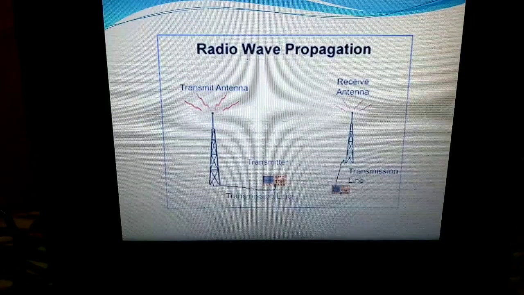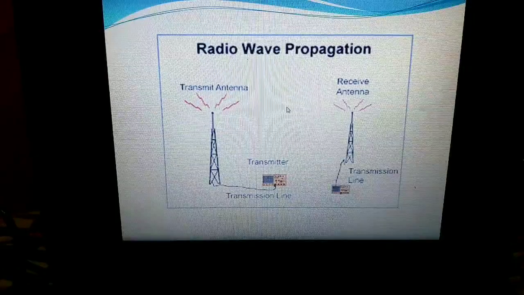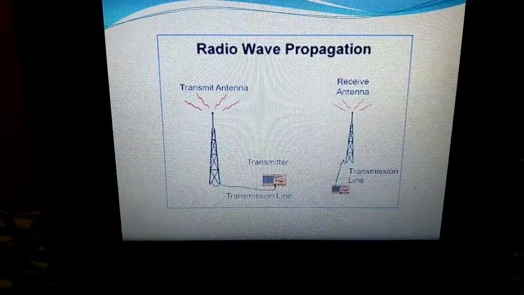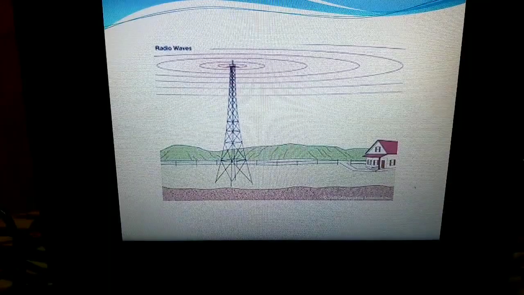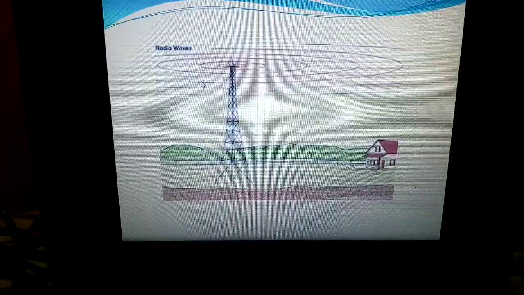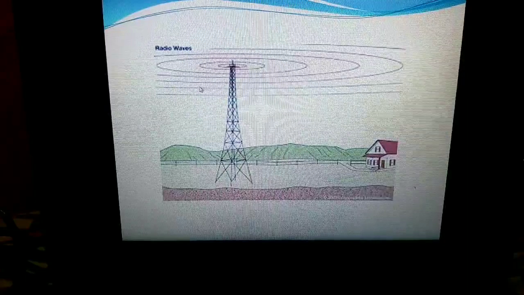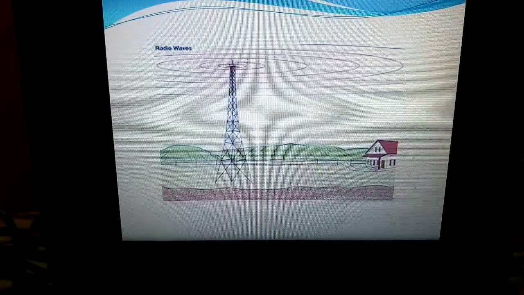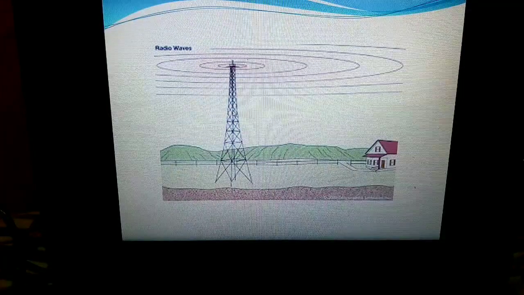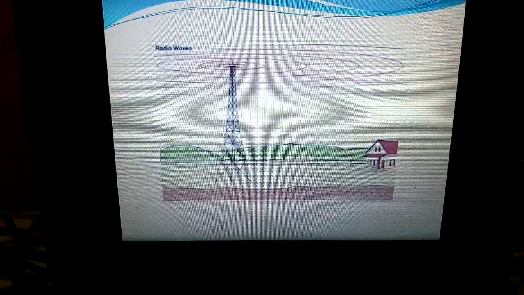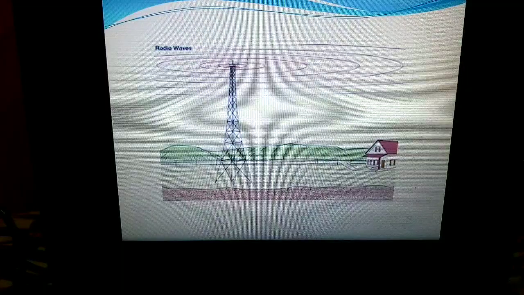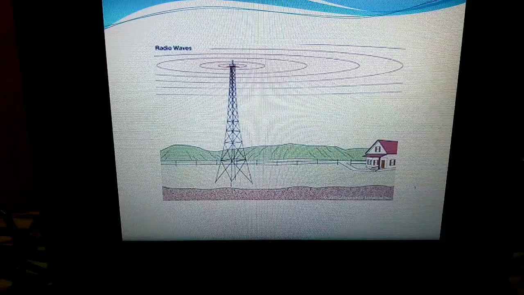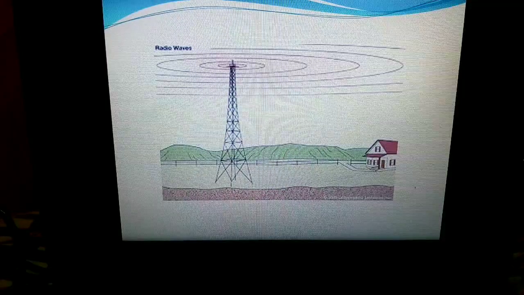Now let us see the advantages of using radio waves. The first thing is that it offers mobility, in the sense that it has the ability to move freely. You can see here, these radio wave antennas have a certain capacity, and up to certain kilometers they can radiate. After a certain kilometer, one more antenna is needed. Again that antenna has its own capacity. That's how it has the ability to radiate its signals.